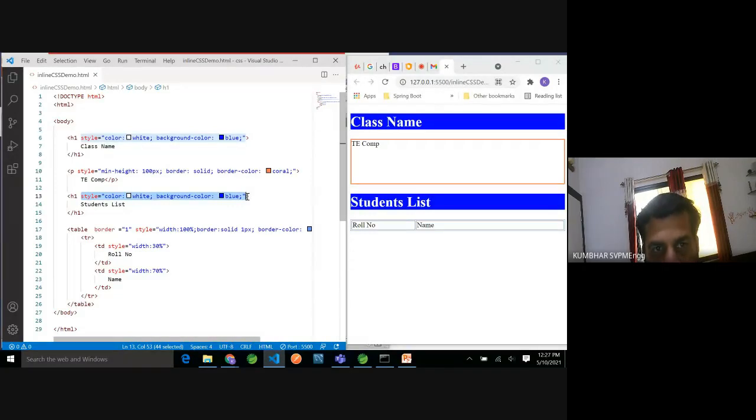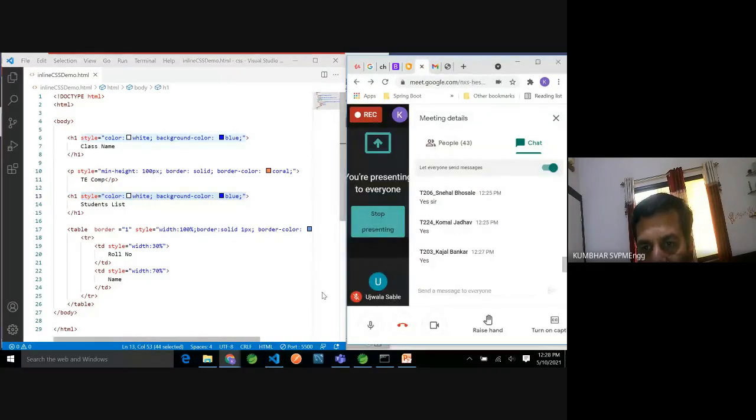I repeat again. I want to avoid applying style to head 1 on all pages. So I am trying to find a solution where I declare the style for head 1 at one place, and automatically it will be applied to all the head tags on that page. Give me a reply if you understand what I'm trying to say. Yes, what do you think? It will be better if we are able to declare that only once.